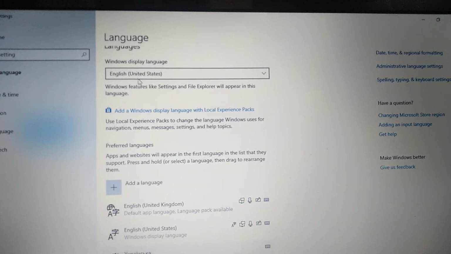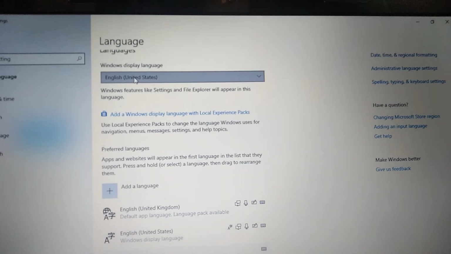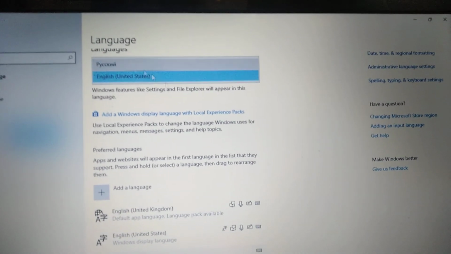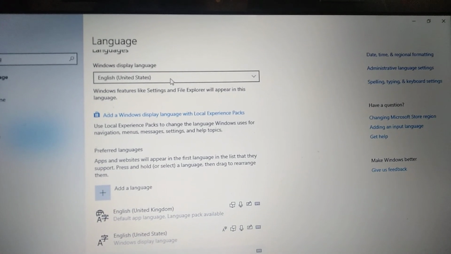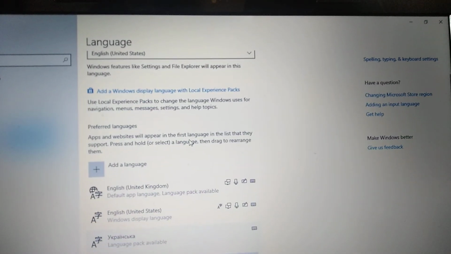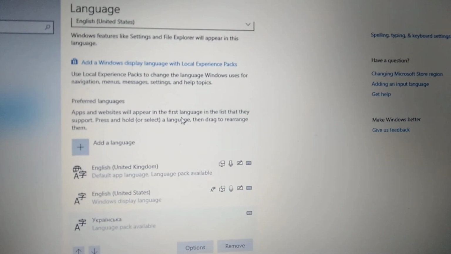And also you can change the display language here. Just click in here, and here you will see another language you can change to. Also, maybe you need to download some package, if you don't have